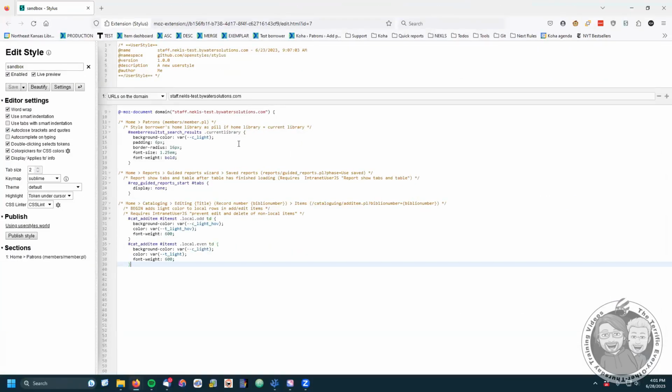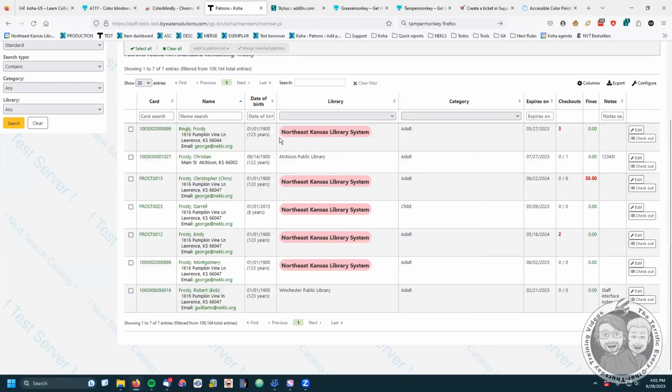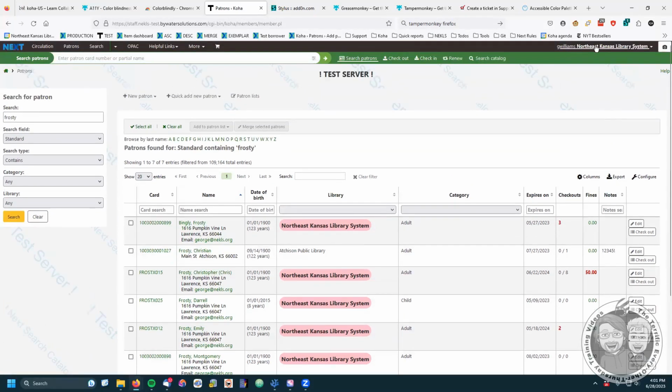Stylus for this page. And I'm using something that I don't have turned on here. So I've got this code, what it's doing is CSS, and each of these, when you're logged in at the library you're logged in at, when you do a patron search and the patrons have that home library, there's a class that surrounds that home library name. And so what I've got Stylus doing for me